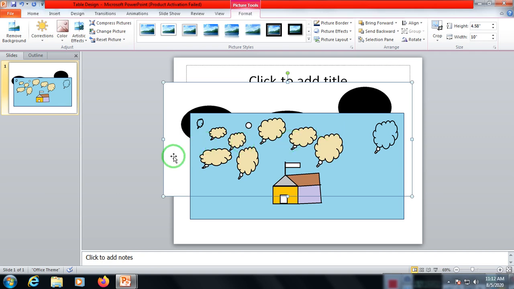Clear? And then if suppose I select more than one object at a time, then we can use the group option, which is generally used for grouping more than one object.